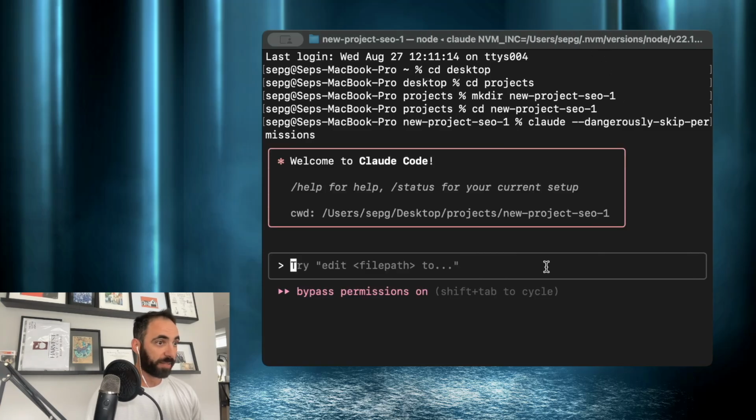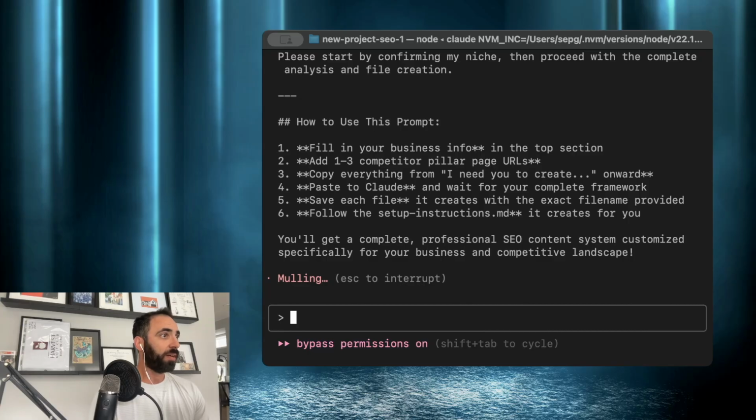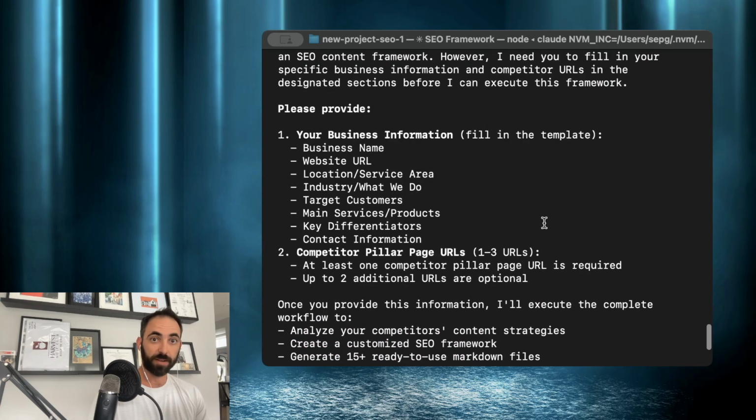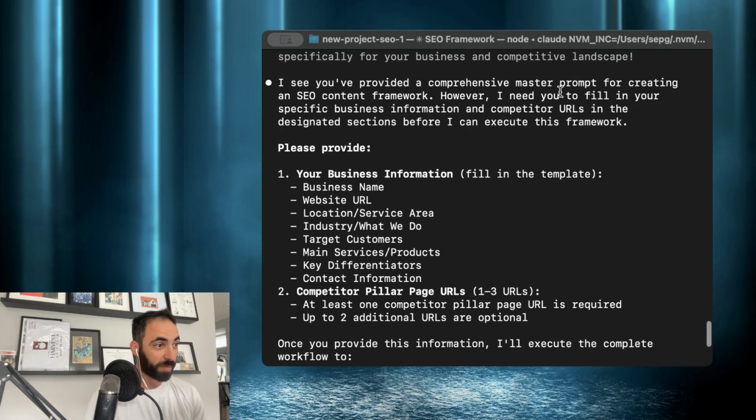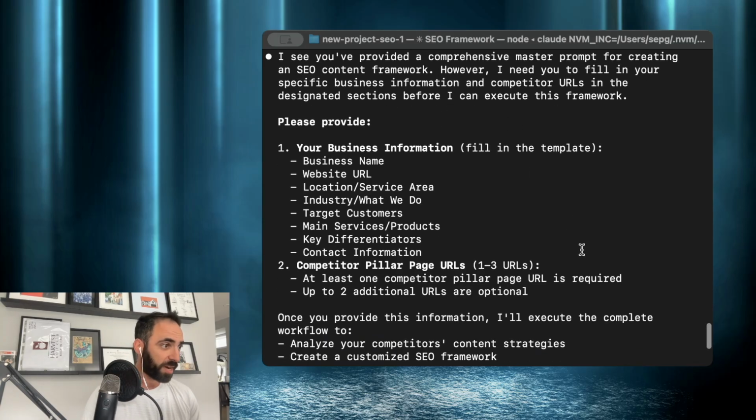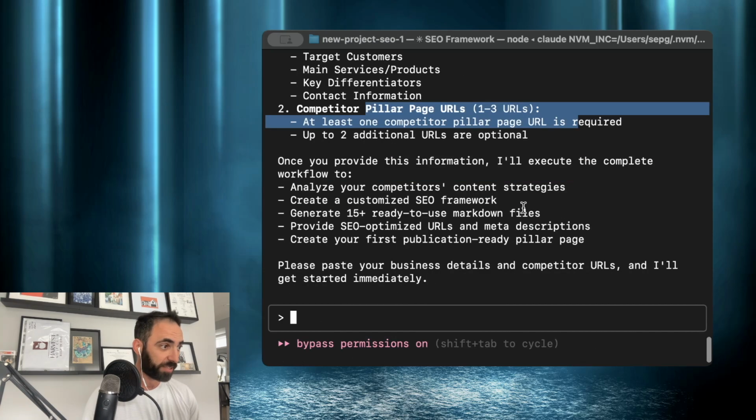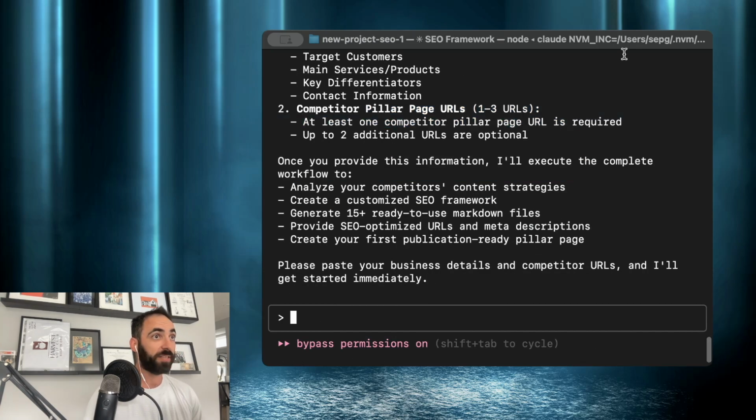Right, it's in there, and now I am going to grab this code, which will be available to you in the description. I'm just going to paste it right in there, all 202 lines, and I'm going to add it, and let's see what happens. All right, so I see it provides a comprehensive master prompt for creating an SEO framework. However, I need to fill in designated sections: your business information, competitor pages, and then it's going to go through everything. So for the sake of this, what I'm going to do is